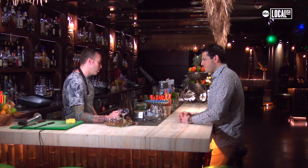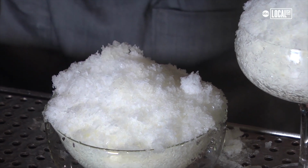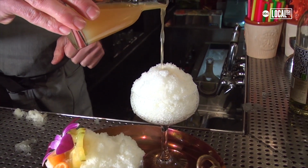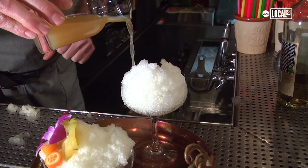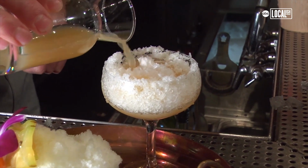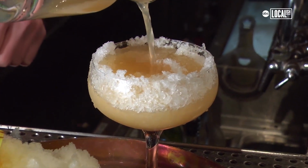I'm gonna make a Kuikawa for you, sort of along the lines of a daiquiri. So we're taking a really great 18-year-old aged Panamanian rum, blending that with fresh lime juice and a kumquat cordial. And then that whole concoction is served over a bed of Japanese shaved ice that is frozen together with cold-pressed